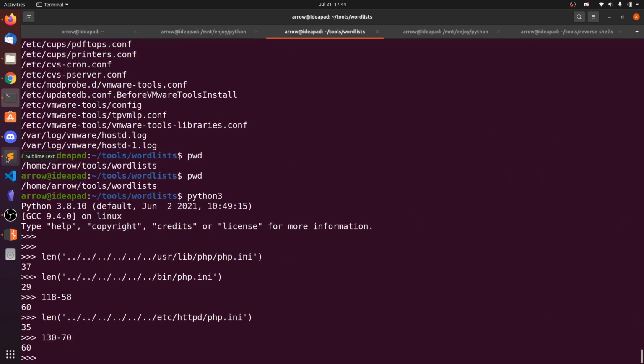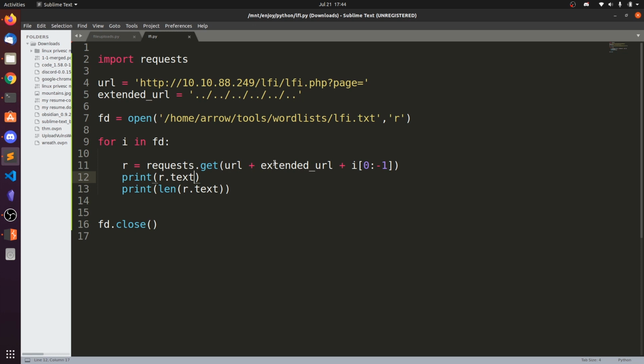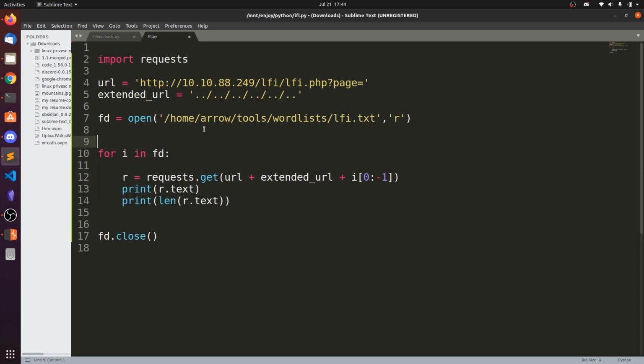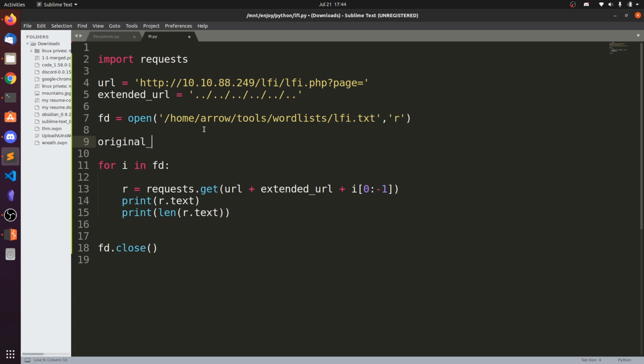Okay, so now what we can do is, after getting the request, first let's say original size is equals to 60. Now we can say temp is equals to length of r.text.